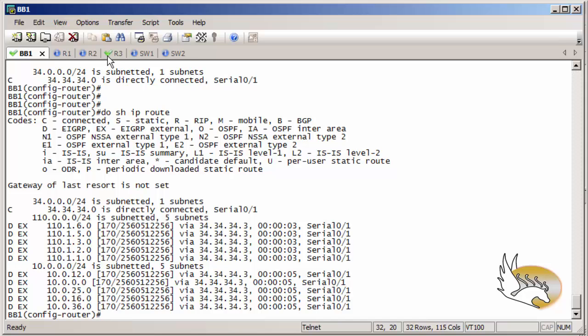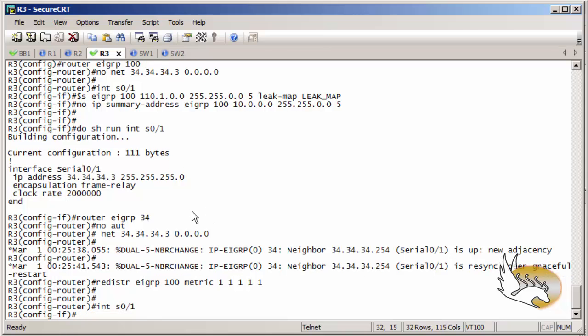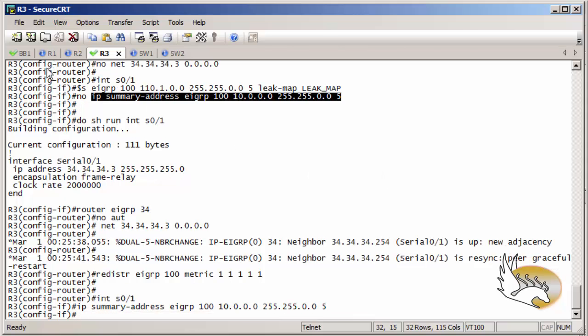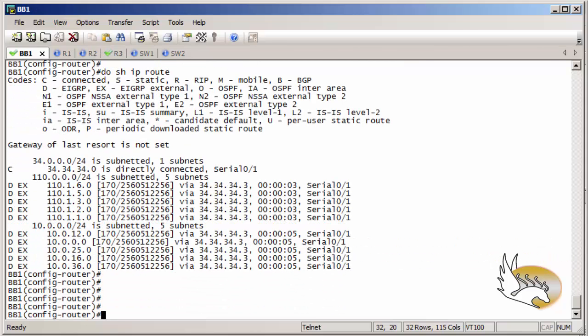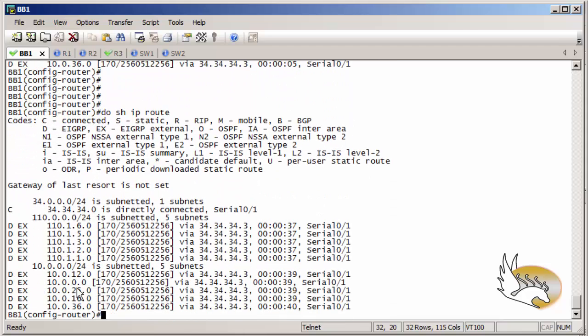So let's go back to router 3 and have the same configuration that I had previously in my interface configuration. So if I go interface serial 01 and add this summary address, I can see that the same thing happens, and after a while it should withdraw every route that is here. So if I go here and show IP route, you can see that I have, of course, this is very interesting because I have